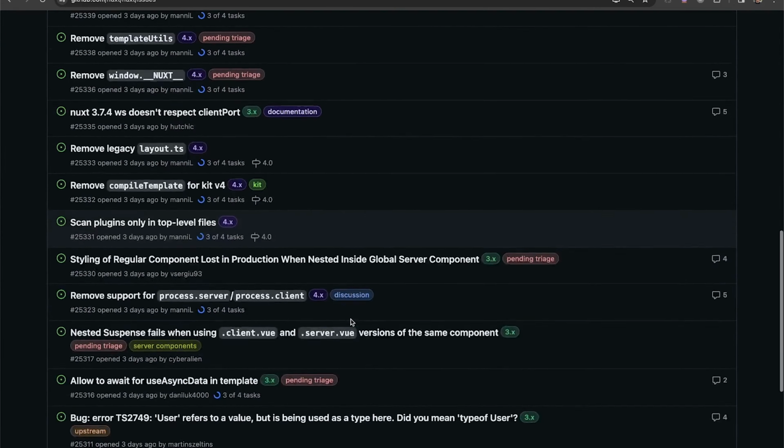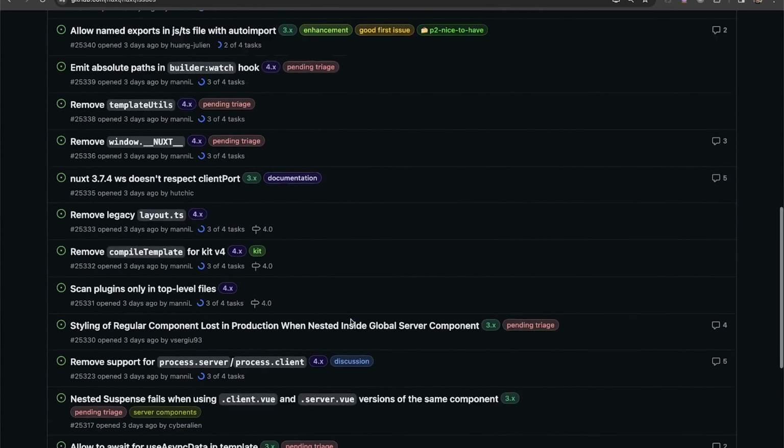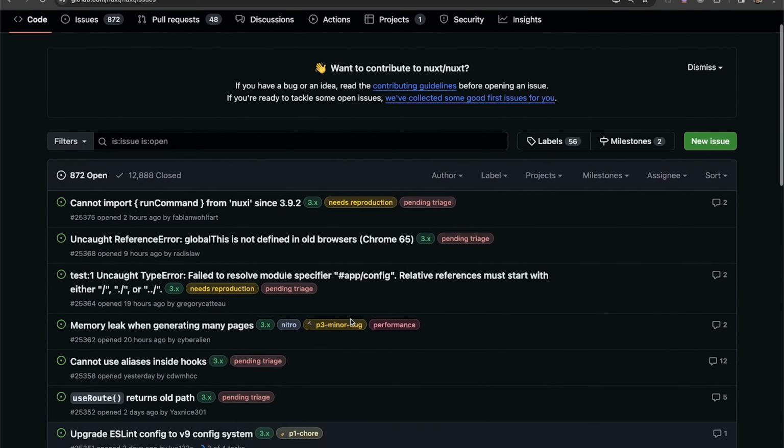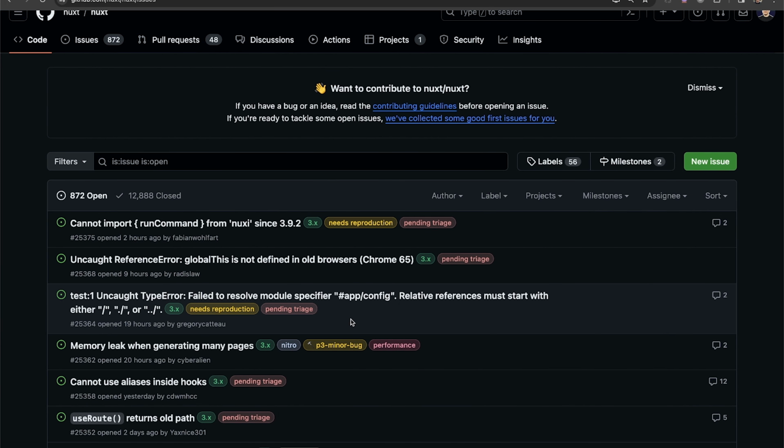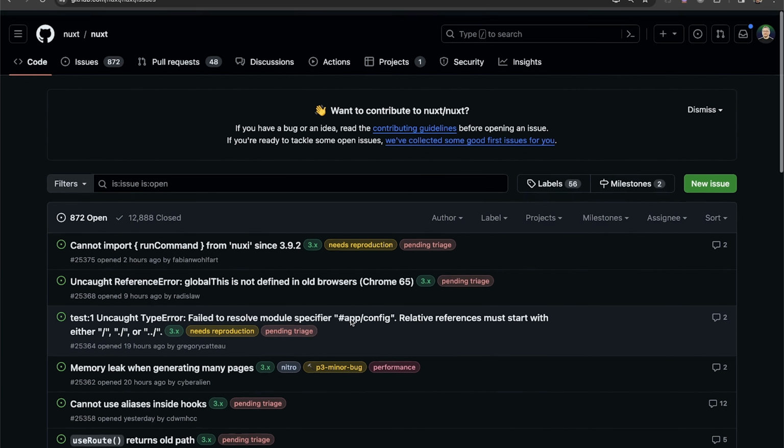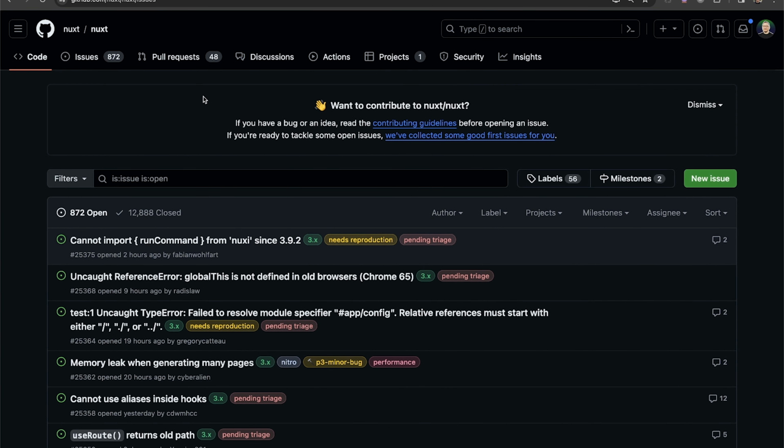And all those issues here are waiting for a validation from the Nuxt team to say, hey, this is a real problem. Because this is another issue: when you want to work on an open source project, most of the time, or even on your own project, you will create pull requests too fast, and you will think that something is probably an issue, a problem, but it's probably not, which is cool with